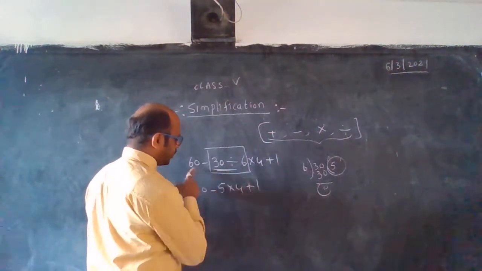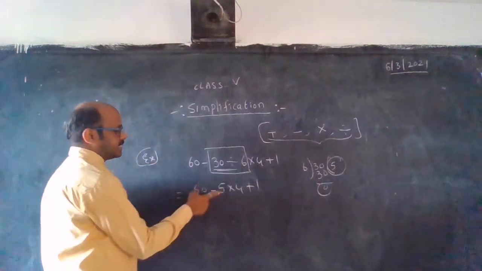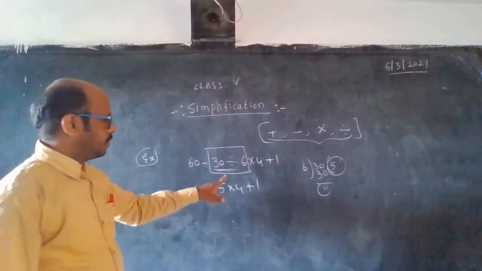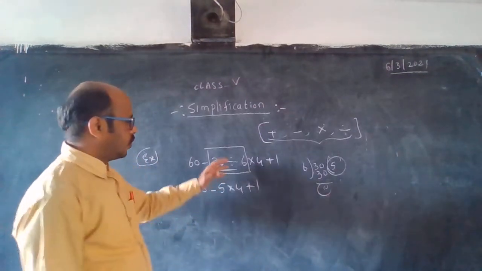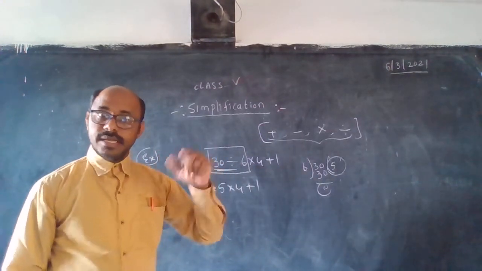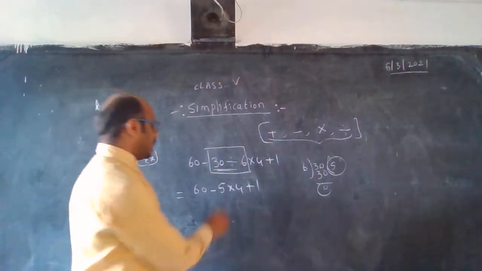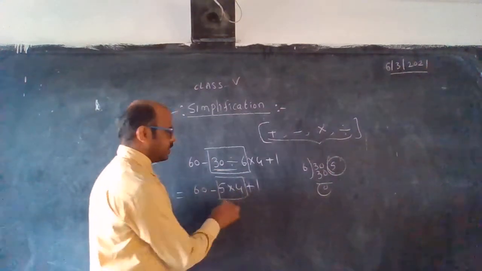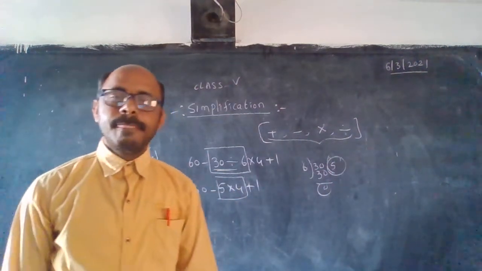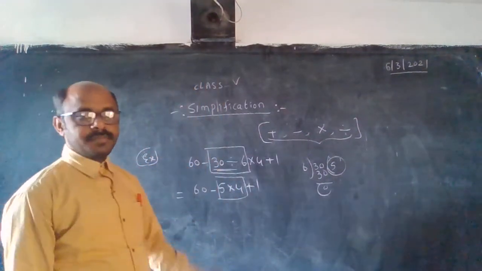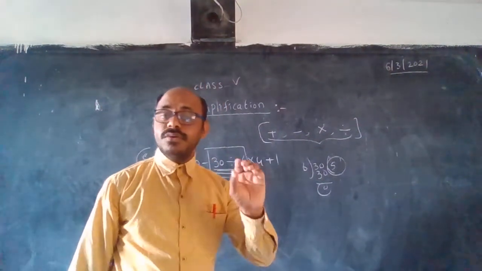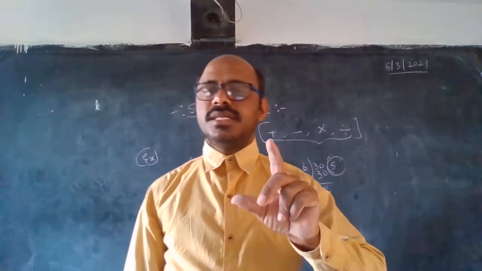This second set, first step, second set, what will it be? In the second step, we solved one: remove the division symbol, completed. Division is over. Next one, what will it be? Multiplication. Next we can see the multiplication part. The first part is the division part. Next we have to see the multiplication part.